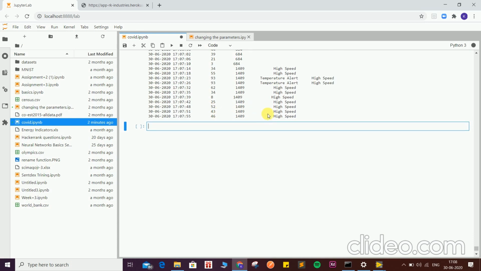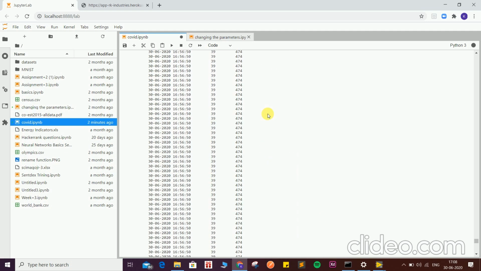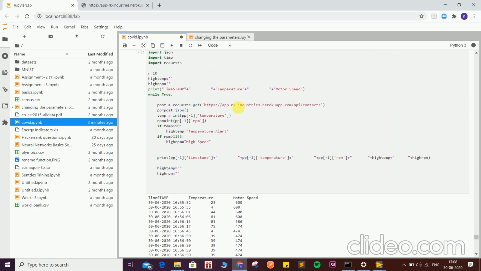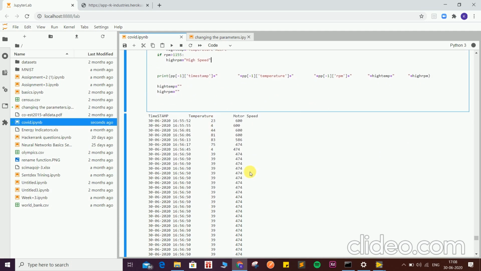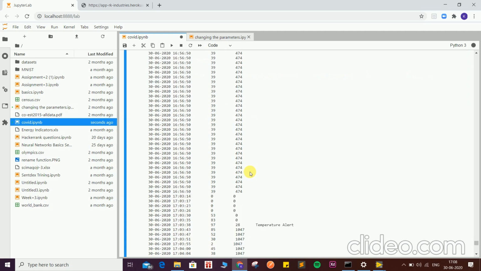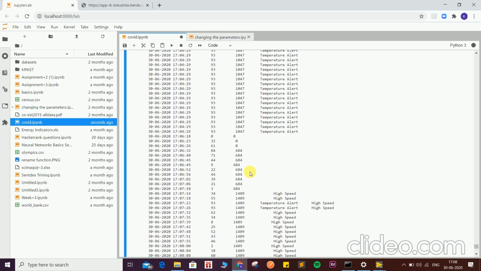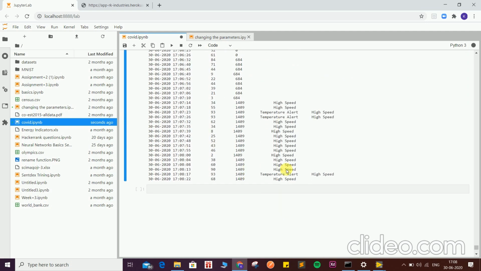So as you have seen, we are fetching the data from a link given here. This particular set of instructions fetches the data multiple times from this API and gets us the relevant data with the notification. This can be done on any mobile app, on any web application, and we can get the data at any remote location.